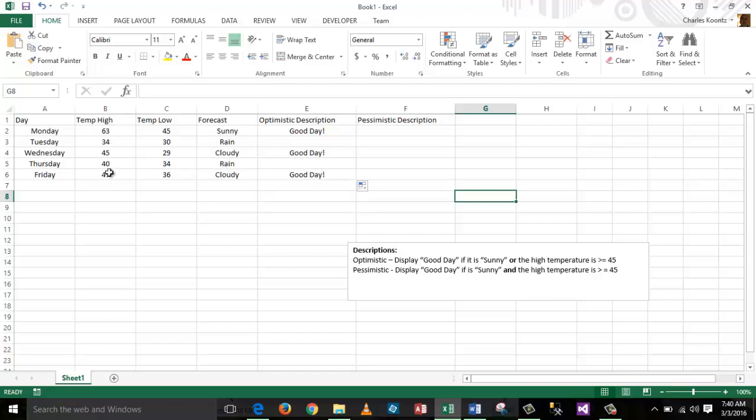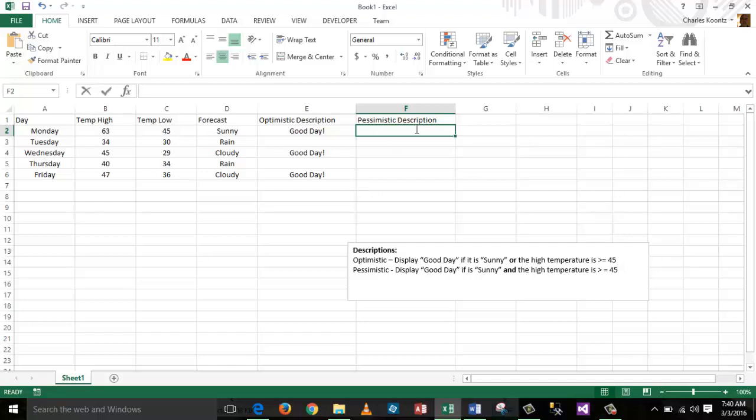And the last one is in the truth table. First condition is true. Second condition is false. True, false in the OR truth table gives me a true. So everything works out just the way I want it there. Now I want to put in a similar expression over here, but the pessimistic description is more restrictive. Both conditions need to be true, not one or the other or both, but absolutely only the only way this is going